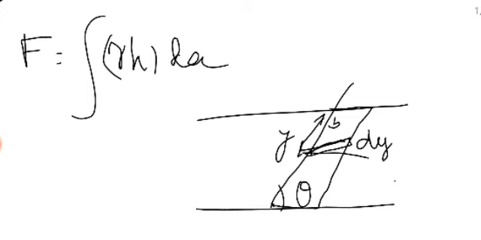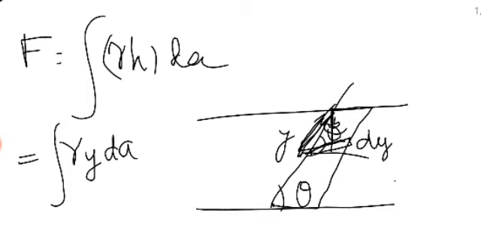So gamma h, where h is nothing but y sin theta. See, if this is y and this angle is theta, then the vertical depth is y sin theta. So this can be replaced as gamma y dA times sin theta. Now this integral y dA is the moment of